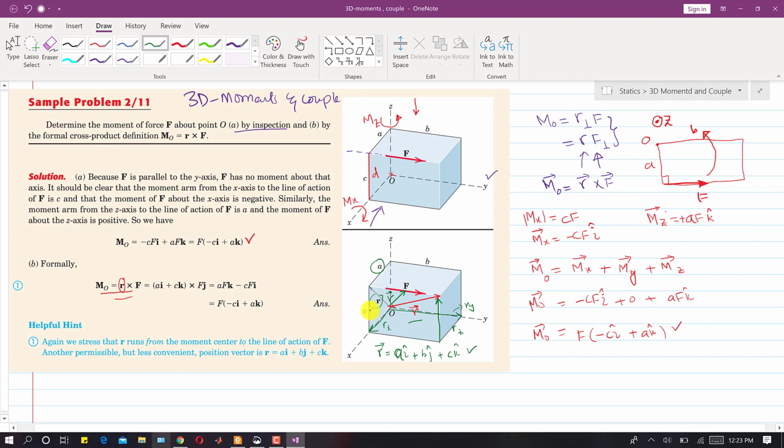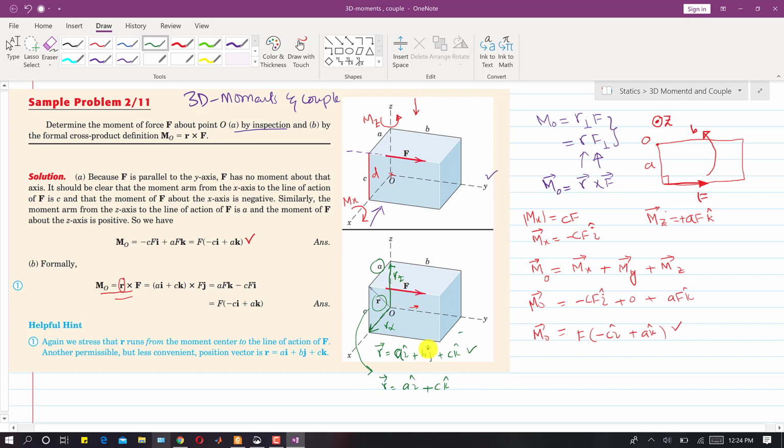And if we take this R as a moment arm, so what will be the vector representation of this one? Now if we take this R, what will be the components of this R? This will be Rx, and this will be Rz, right? So Rx and Rz. Now if I write that R, it will be Ai, and this is along Z, so this will be Ck. So I will write plus Ck, and there is no Y component of this R, right?